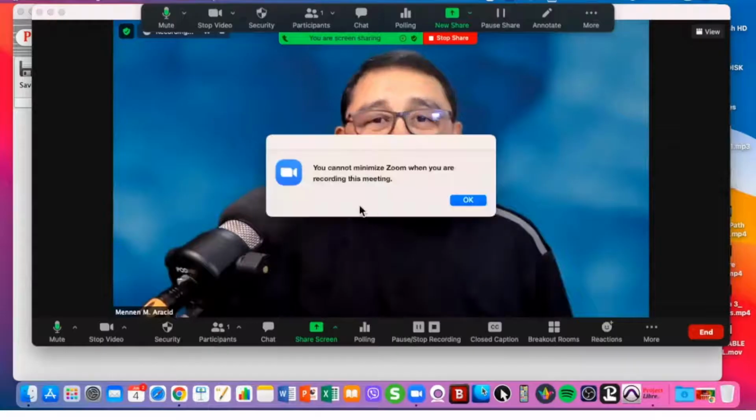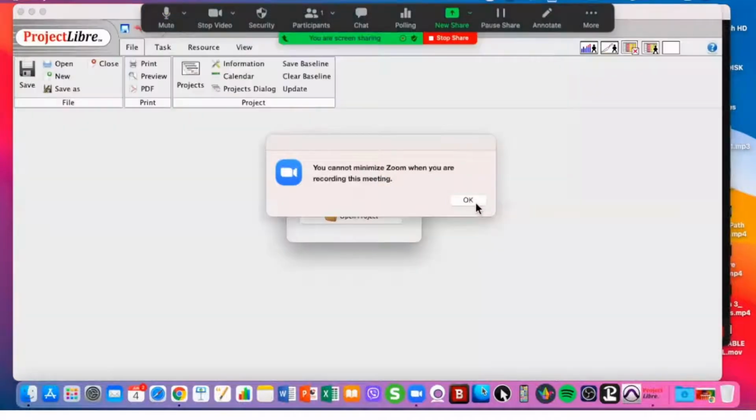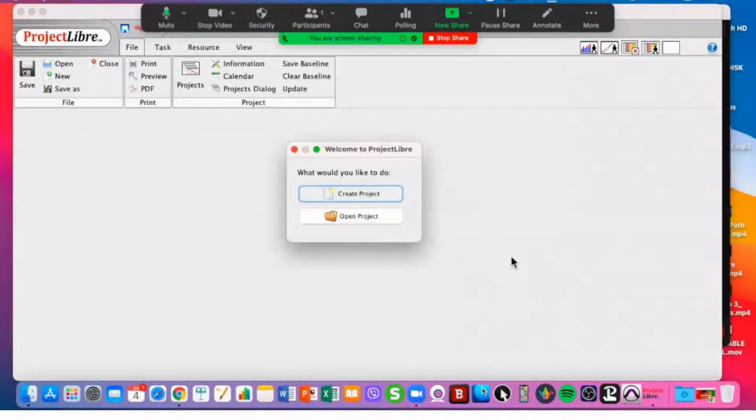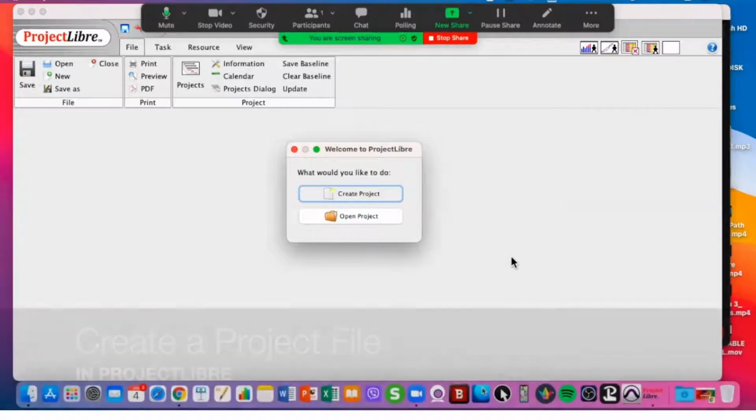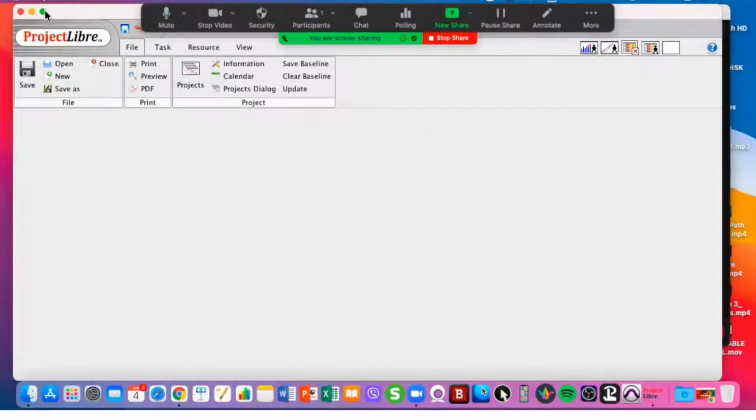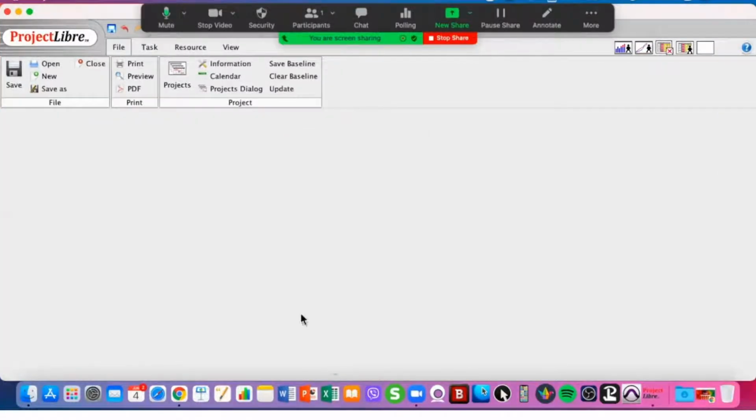So for this video, what I plan to do is to demonstrate in ProjectLibre the initial exercise that we did for critical path earlier, and show you how easy it is to create a project file in ProjectLibre. So I have here the most recent installation of ProjectLibre,